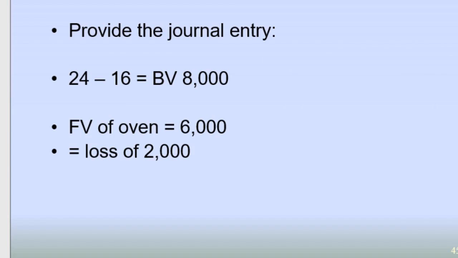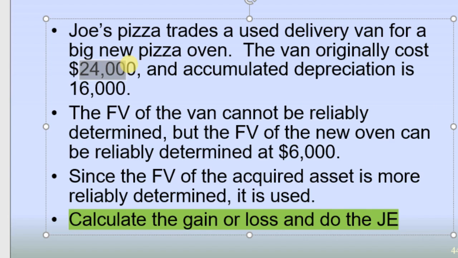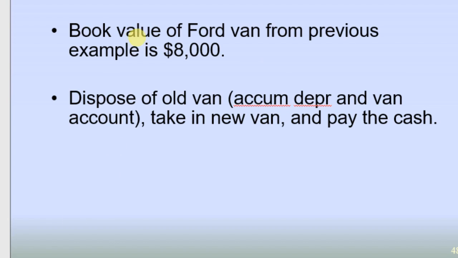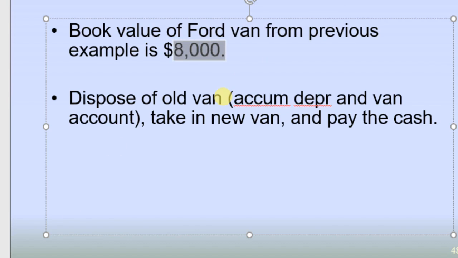Okay, so just a reminder here. Here's our van. It costs 24 and accumulated depreciation is 16. It's got a book value of 8. Okay, so that's the van that we're trading now for a Chevy. So here's our book value of 8, which is that cost minus accumulated depreciation. Now we have to get rid of the old van and take in the new one. You cannot keep your accumulated depreciation and your old van historical cost in your account because you don't own it anymore. So we have to get rid of those like we did before,